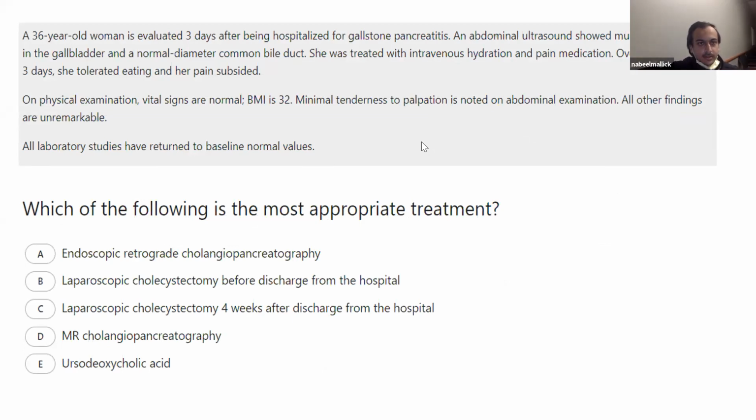A 36-year-old woman is evaluated 3 days after being hospitalized for gallstone pancreatitis. An abdominal ultrasound showed multiple gallstones in the gallbladder and a normal diameter common bile duct. She was treated with intravenous hydration and pain medication. Over the course of 3 days, she tolerated eating and her pain subsided. On physical exam, vital signs are normal. BMI is 32. Minimal tenderness to palpation is noted on the abdominal examination. All other findings are unremarkable. All laboratory studies have returned to baseline normal values. Which of the following is the most